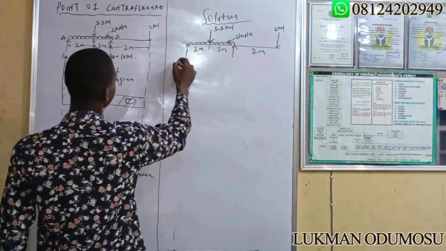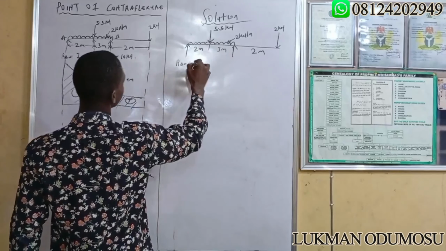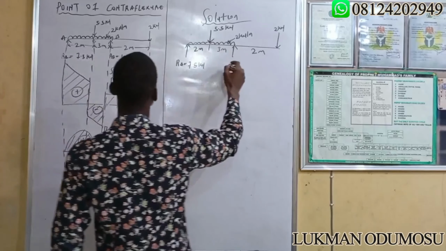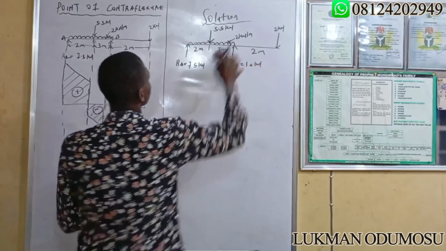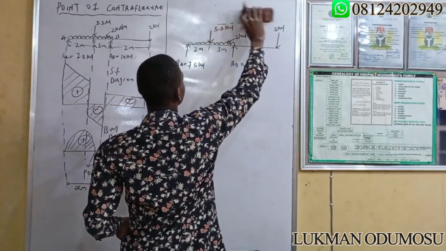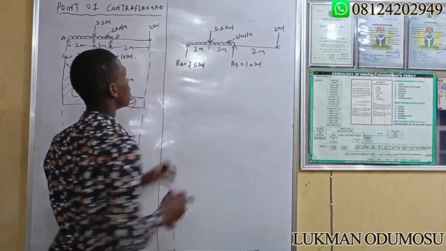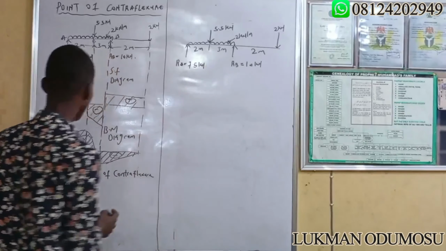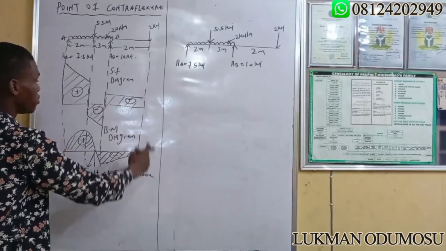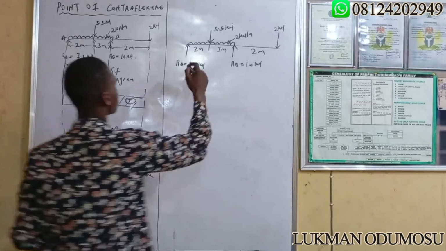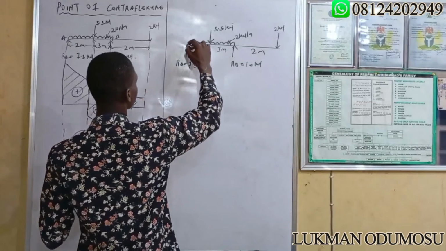Okay. RA is equal to 7.5 kilonewton. RB is equal to 10 kilonewton. So what we did here, this is the loaded beam. Then we put the bending moment diagram on it, showing how it varies over the length of the beam. Okay, so I'll be having something like this,